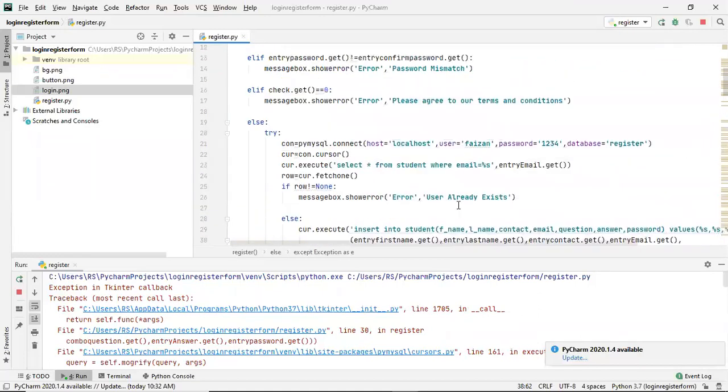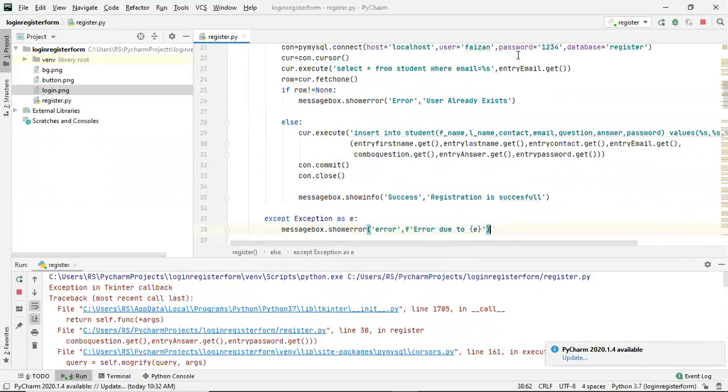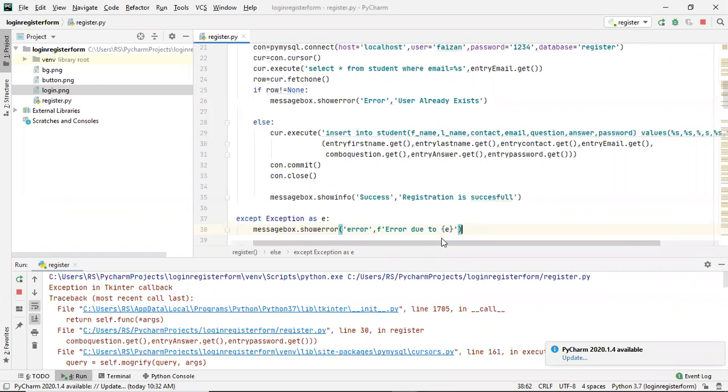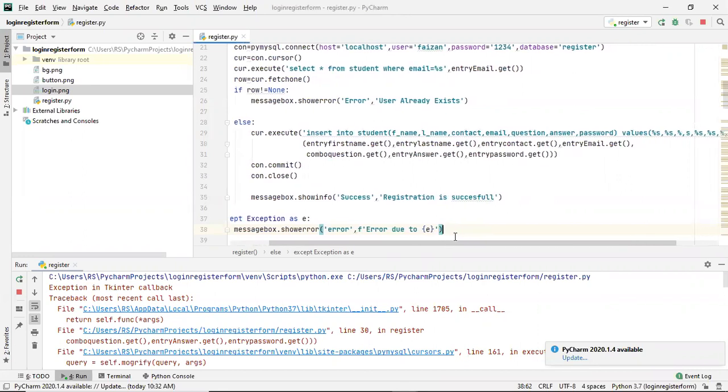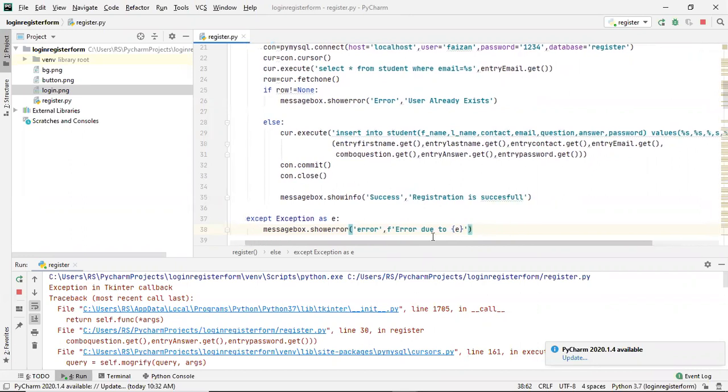So yeah, and I think I have made another mistake here. Let me just check what error I have made here. Oh shit.